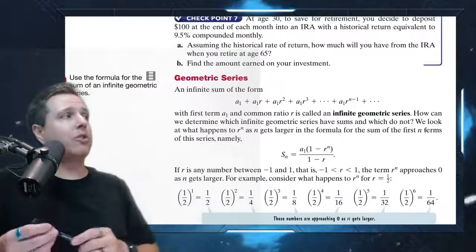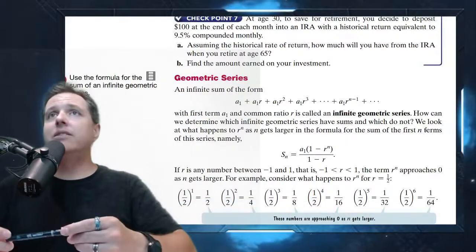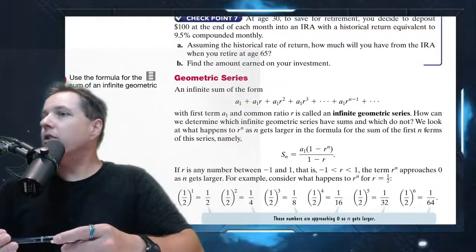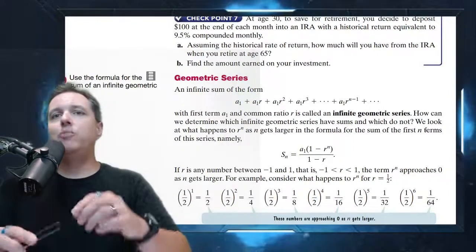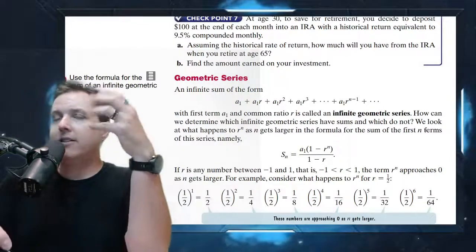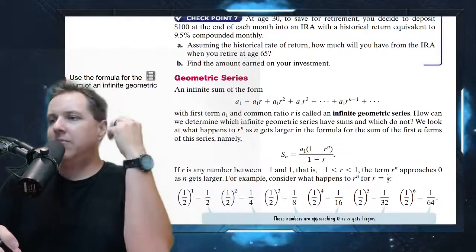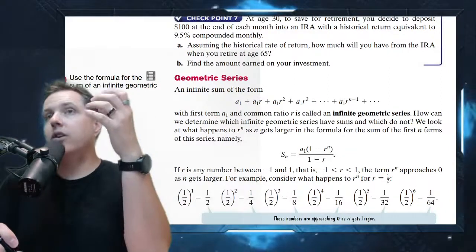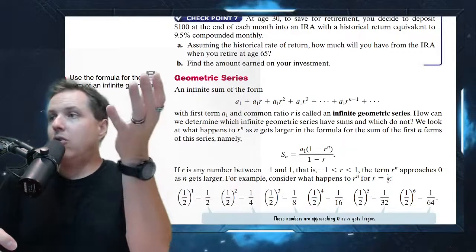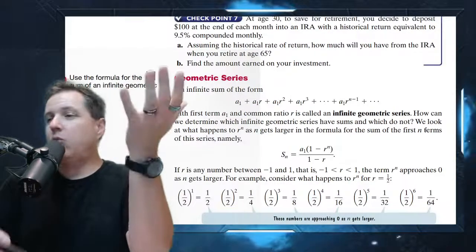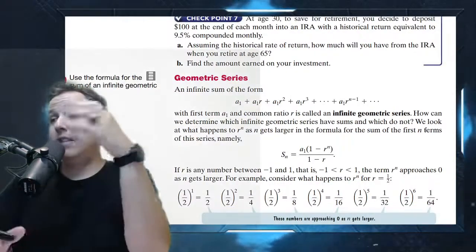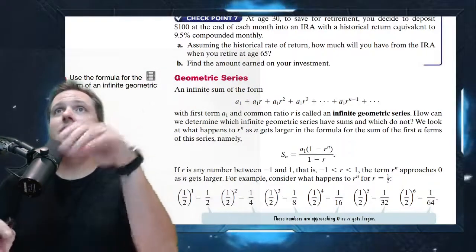Here we go. Here's what I was looking for. Geometric series. So here's where things start to get weird. You're going to notice as you progress through your mathematics, infinity comes up on a regular basis, and every time it does, it's going to get weirder and weirder. Those of you who go on to Calc 1, infinity gets weird in calculus, right? And that's just the beginning of the weirdness that infinity can do.